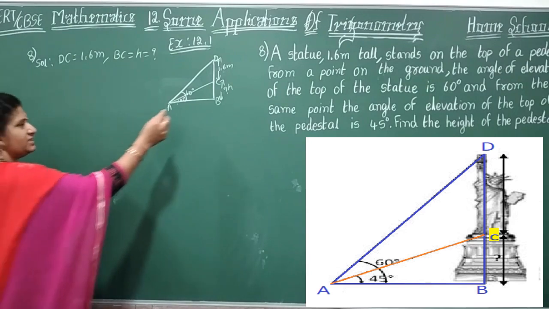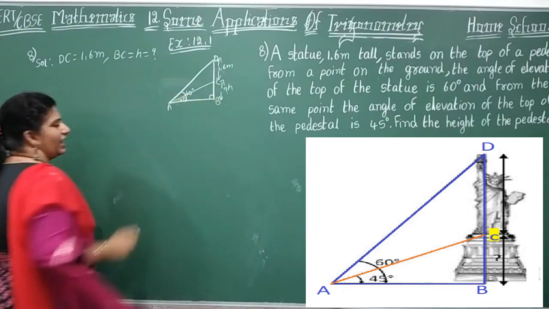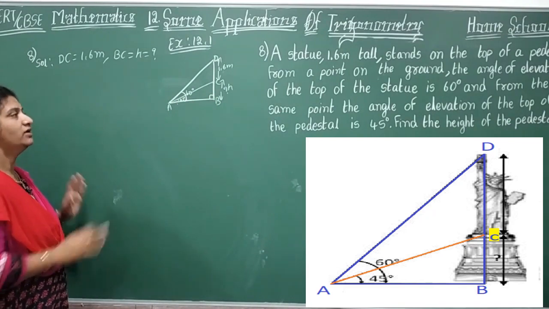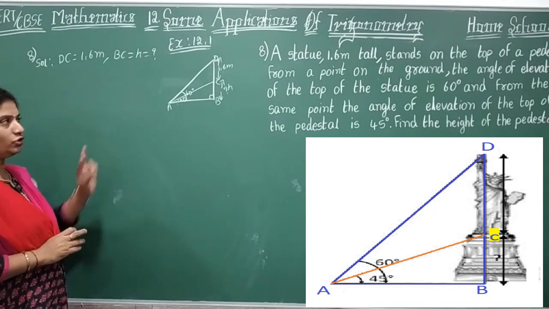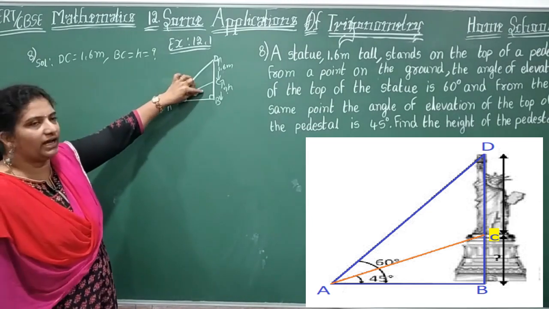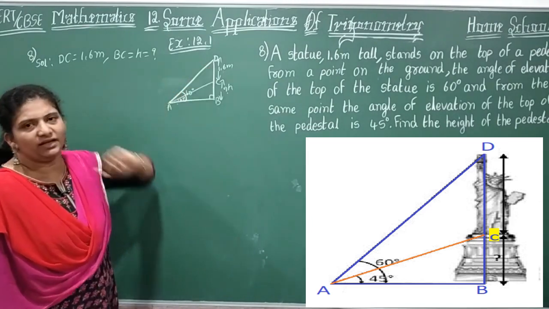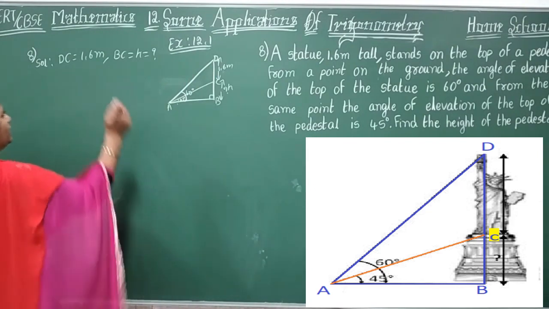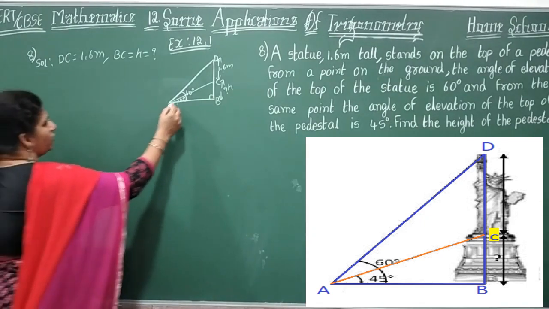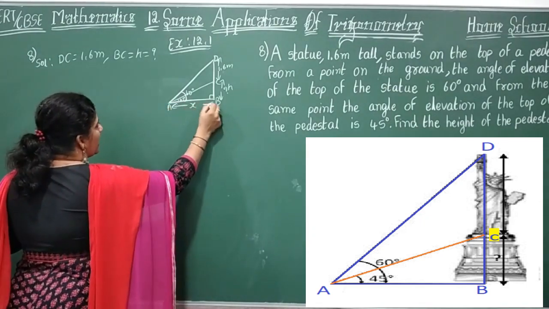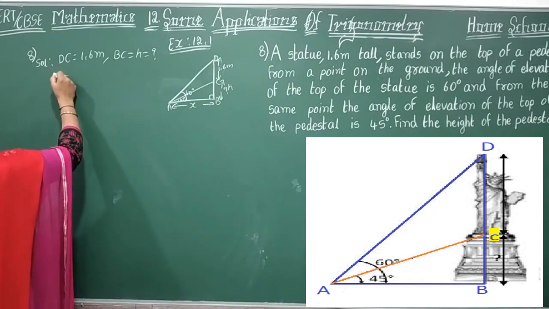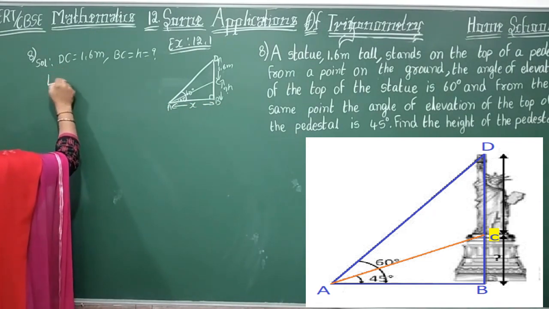Now, in this right angled triangle, this is a right angle, it will be perpendicular, right? So two right angle triangles I can see. This is one right angle triangle and the full complete another right angle triangle. So consider the small right angle triangle. I don't know this base, right? Let us assume it as x.